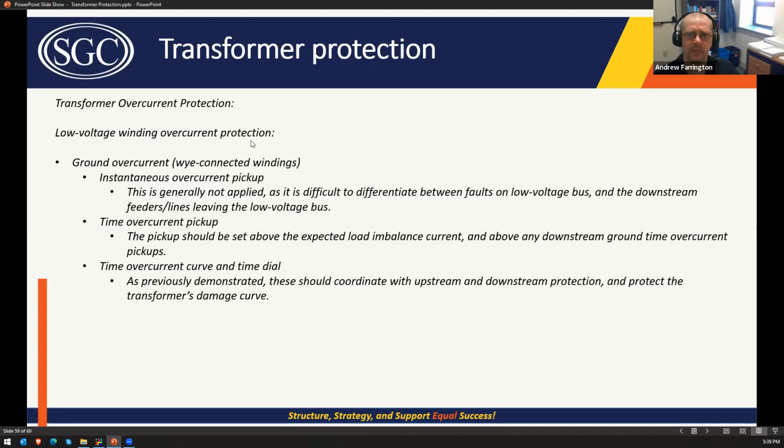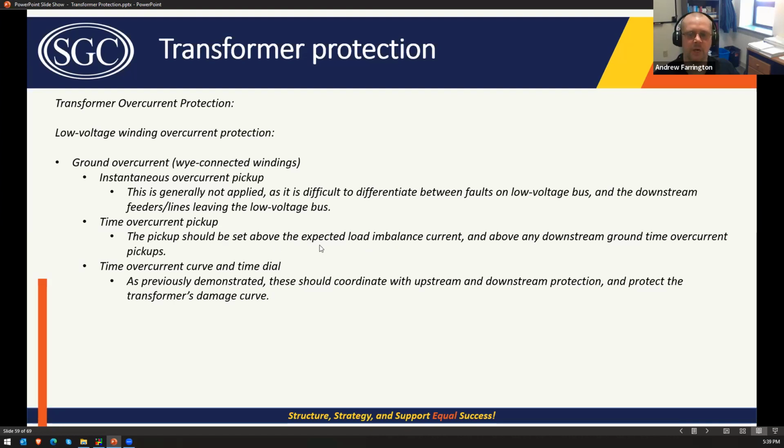Low voltage winding ground over current protection for Y connected windings. Same thing, generally not applied, same reason. This is all going over the same stuff, but